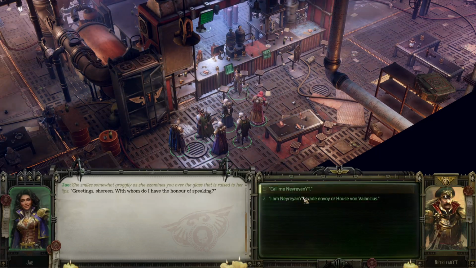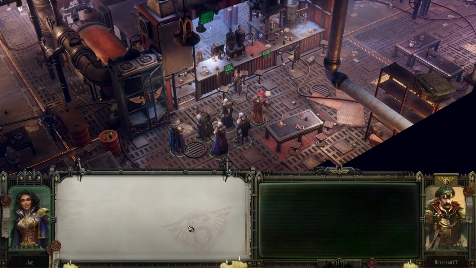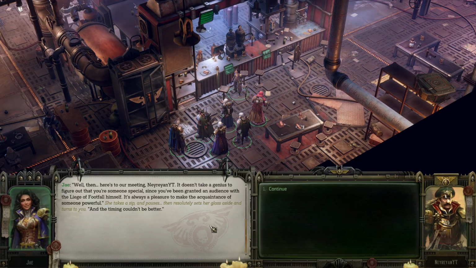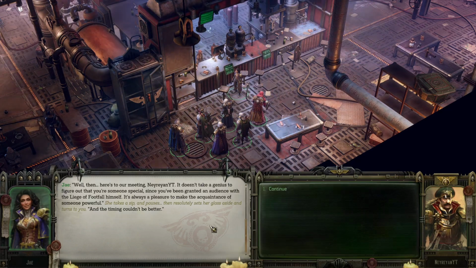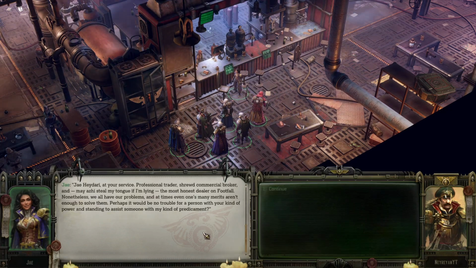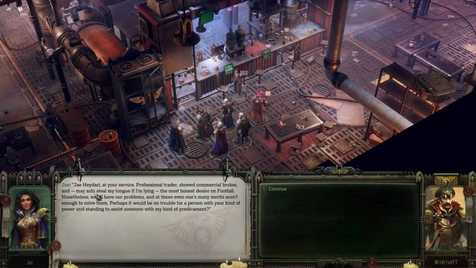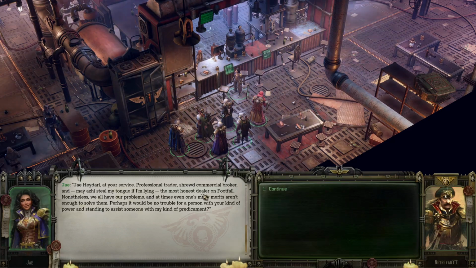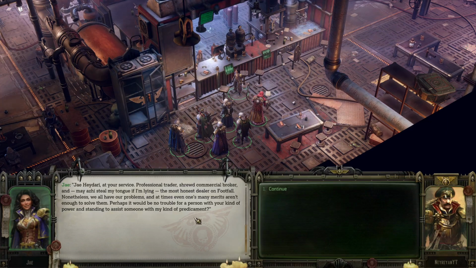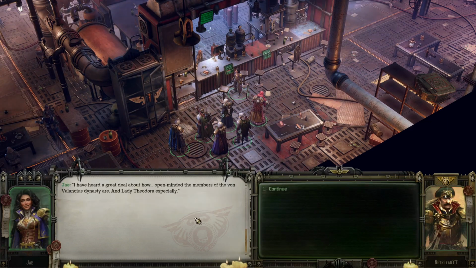Greetings, Shireen. With whom do I have the honor of speaking? Abelard, present us. Well then, here's to our meeting. Jai Hidari at your service. Professional trader, shrewd commercial broker, and, may he steal my tongue if I'm lying, the most honest. I have heard a great deal about how...